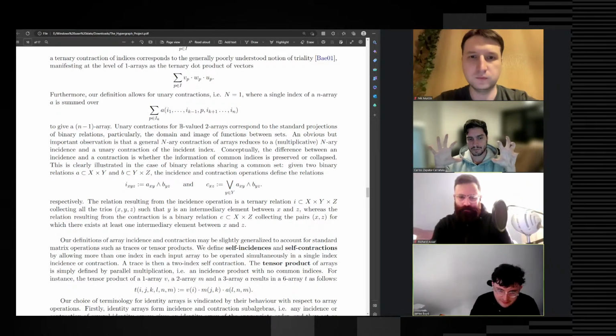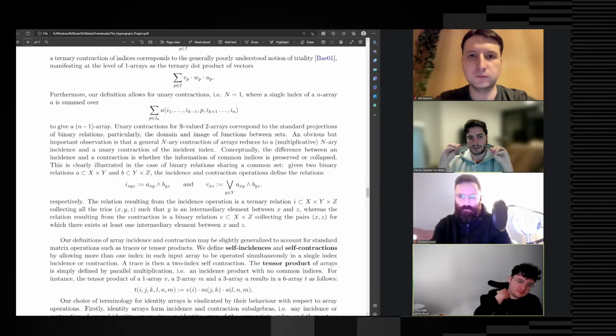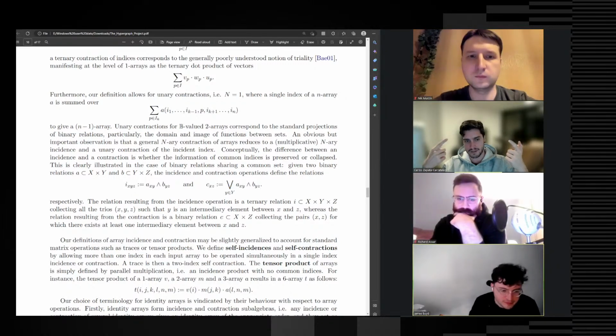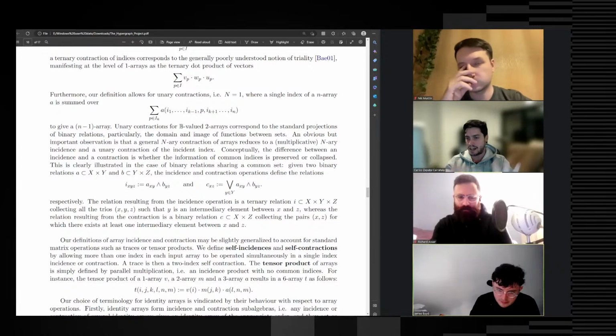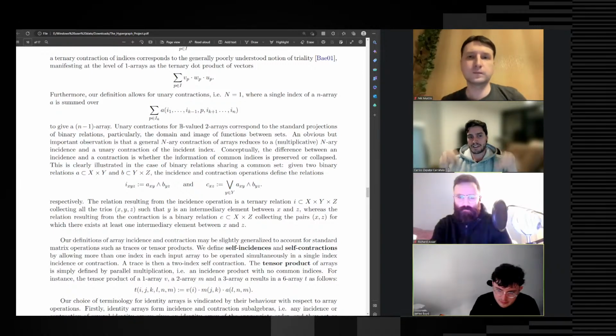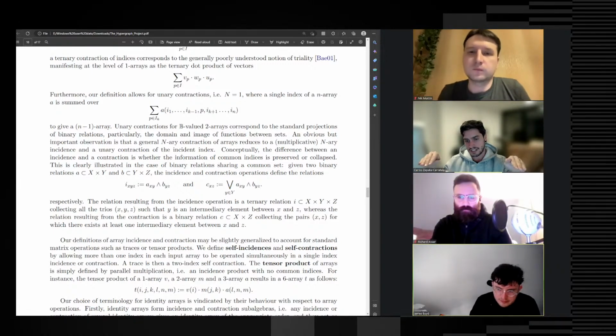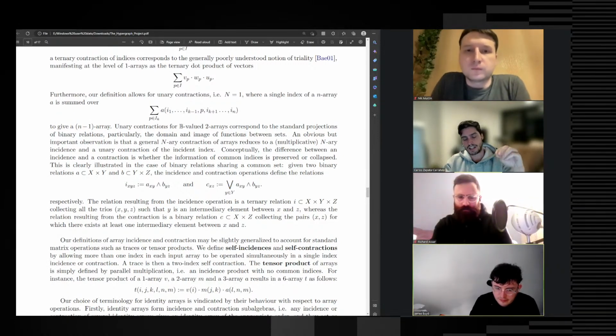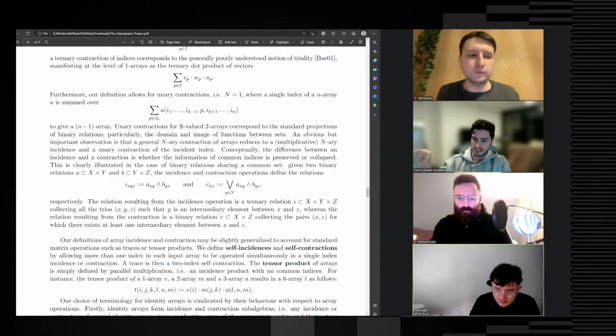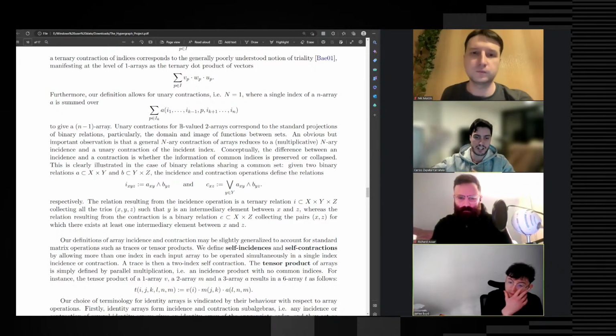I think this picture is very important to keep in mind, because when we're used to linear algebra, you think of contraction as some kind of inner product, and you start to get all these geometric intuitions about inner products and so on, and that's interesting to do. But at the purely graphical level, the incidence and contraction should be understood in this way. It's more about checking the precise existence of a structure, or when you sum over, you basically make that topology a kind of variable and ask, can you find some, and then you model it.